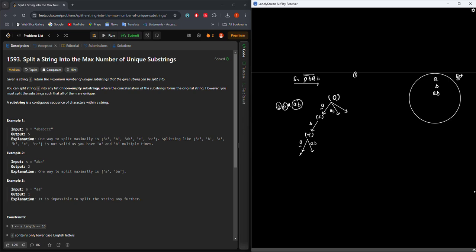Now at index 4, because we have already visited 3 indexes, at index 4 we are at the outer bound index, right? That means we have to return the answer. What is the answer for this case? The answer is 3, because that is the total number of substrings in your set, right?